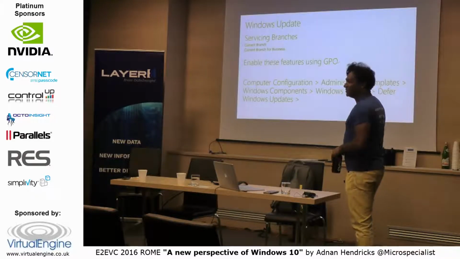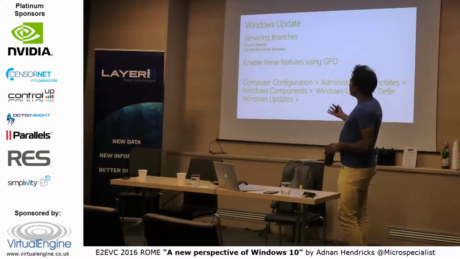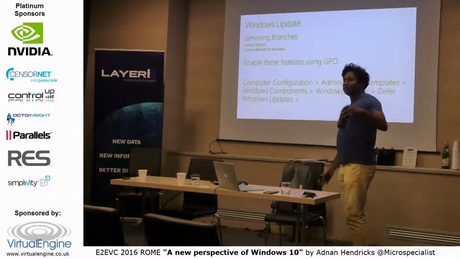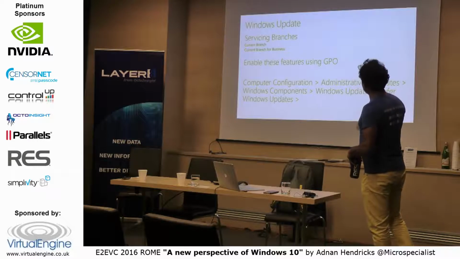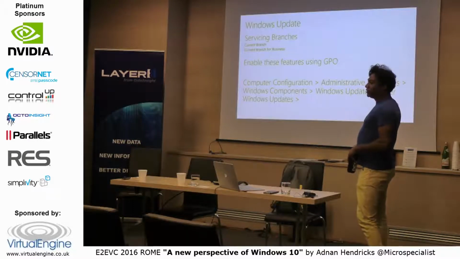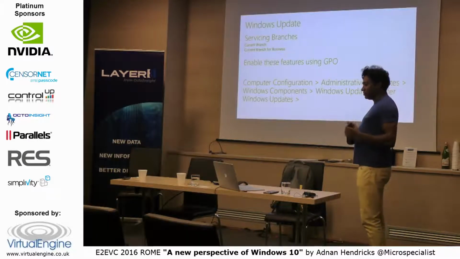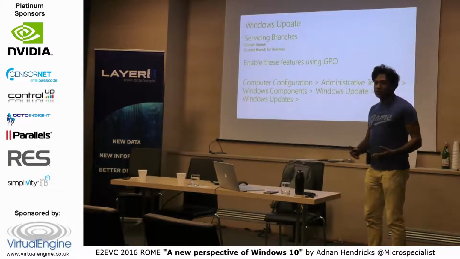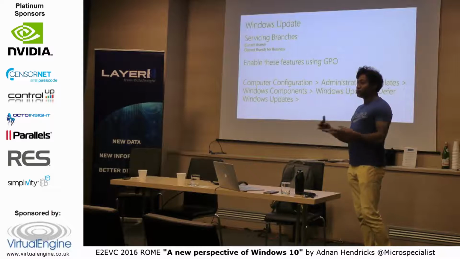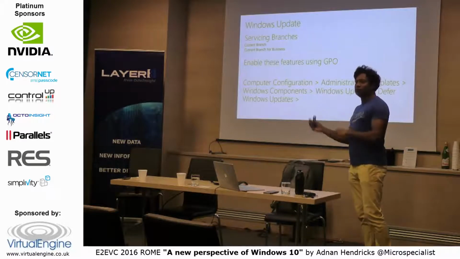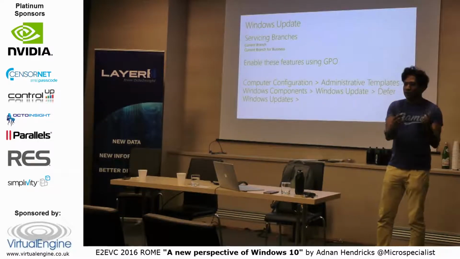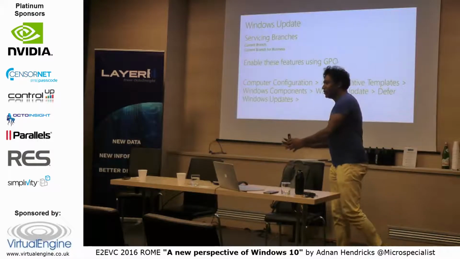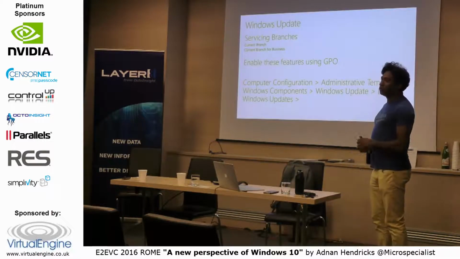But you only want to shoot it. Current branch for business is really, Helge said it best. And you just enable it using group policy. In the beginning when they were talking about Windows as a service, and there's going to be a new way of Windows Update for Business, we all thought we're going to get some special thing. You need a server, you're going to install it, but it's really just a group policy thing.